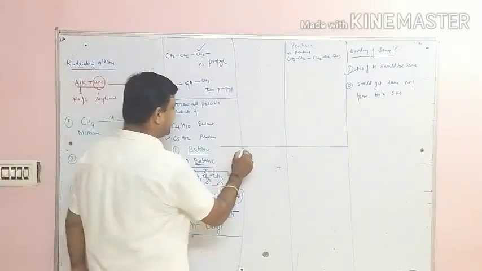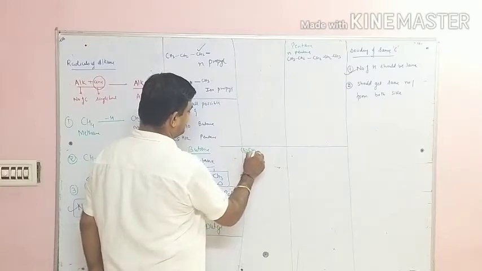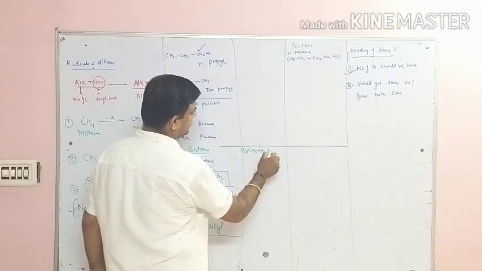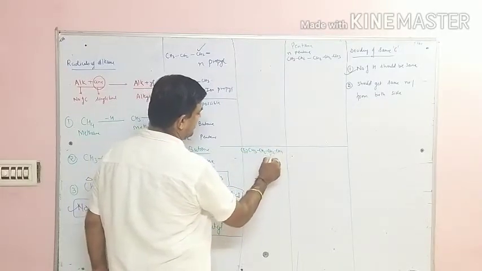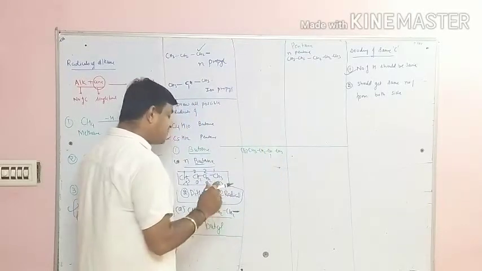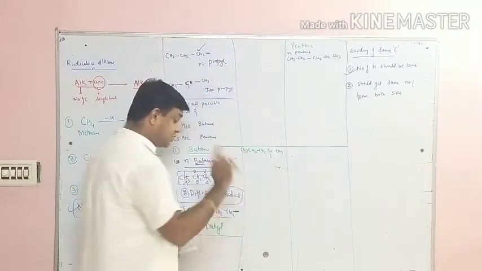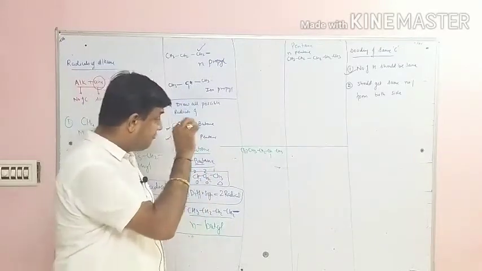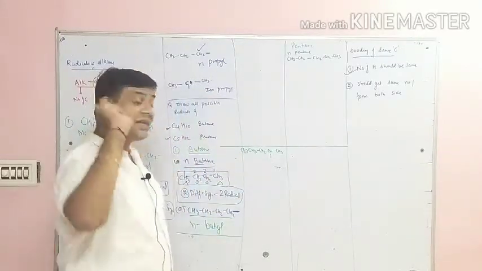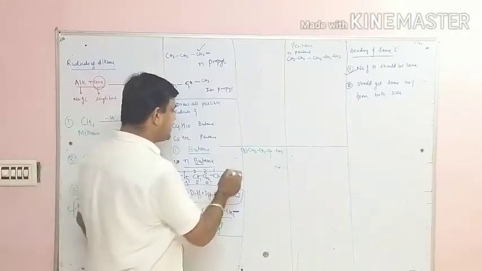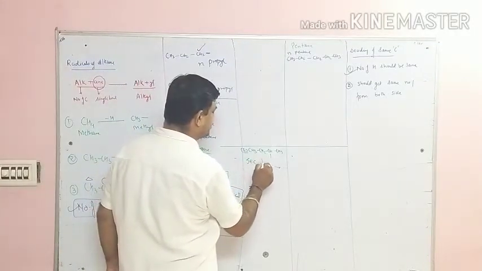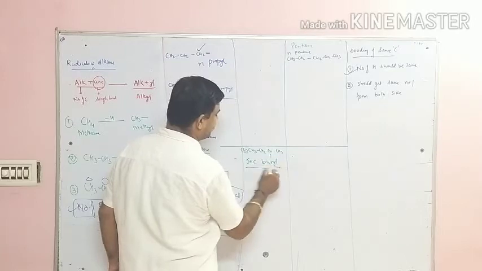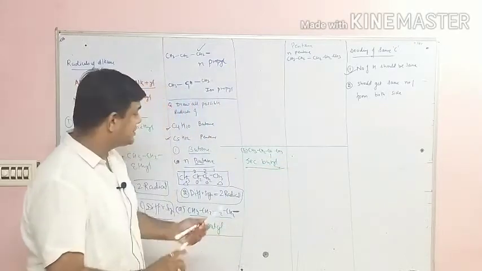See, second radical. If I make the valency free from this side, then what is it called? Listen students carefully, if the carbon chain is straight and the valency is free from the second number carbon, then that is called the secondary carbon or secondary butyl. So this is called the secondary butyl. Remember this.